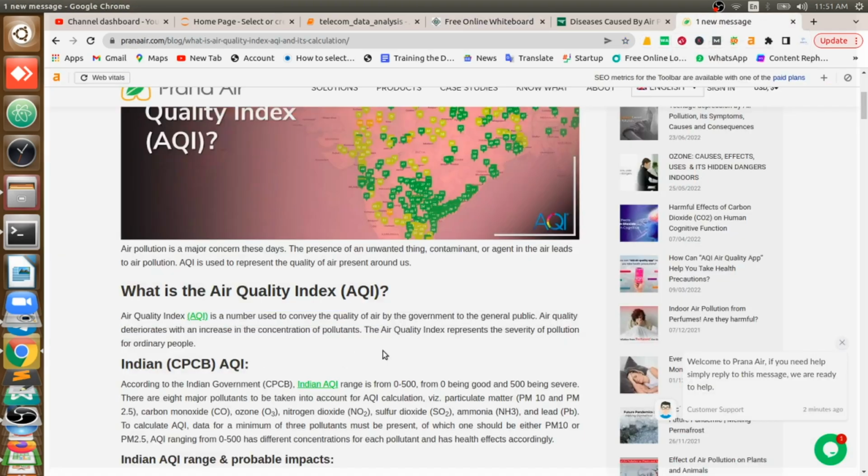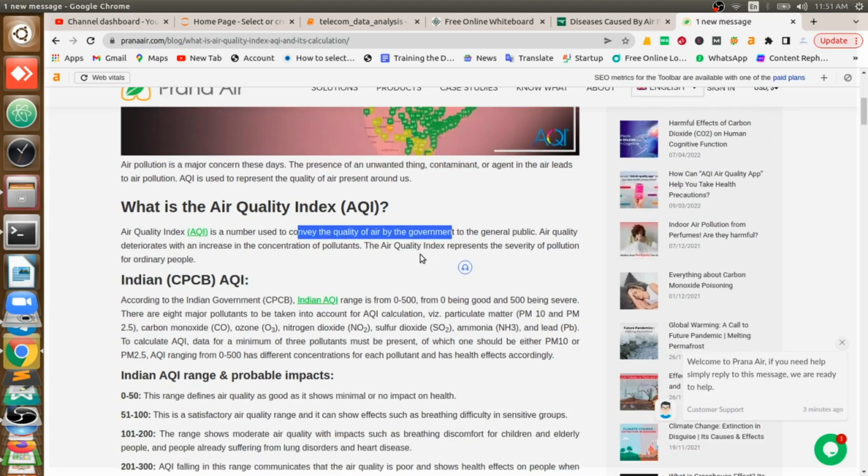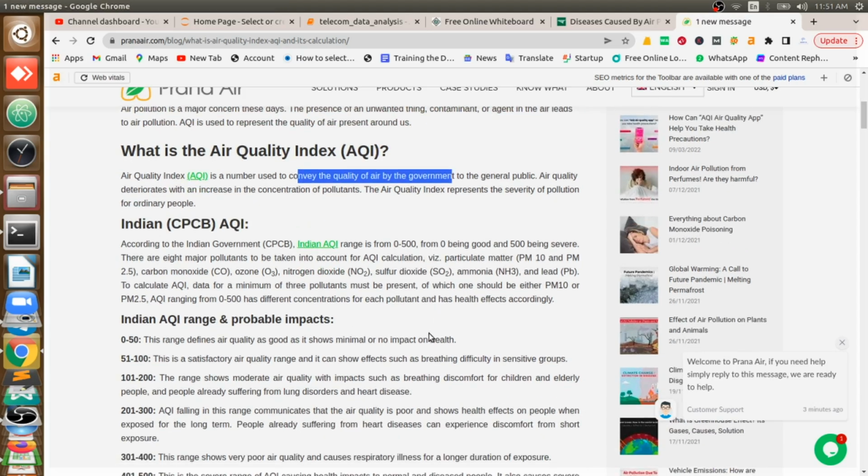It contains an in-depth explanation. Air quality index covers the quality of the air. These levels are defined by the governments of countries. Maybe for India there will be different levels, and for the US there are different levels. We will check one by one what the quality of air is calculated on.